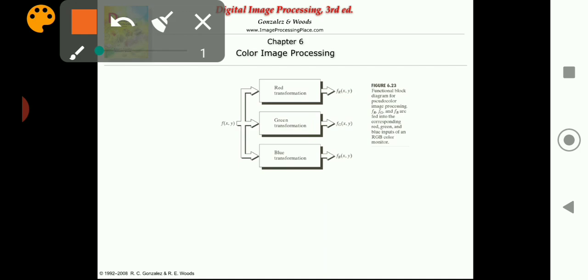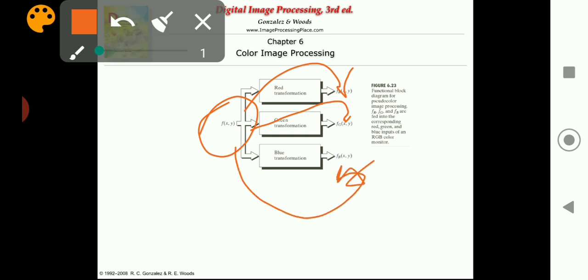That means what we are trying to do, friends, first we'll do the transformation here. We'll take one f of xy. After taking f of xy, we'll divide it into 3 particular transformations. The first being the red, the next being the green and the third being the blue. Then we will obtain their individual transformations. That means from our f of xy, you can observe we have got f of rxy, f of gxy, and also f of bxy.